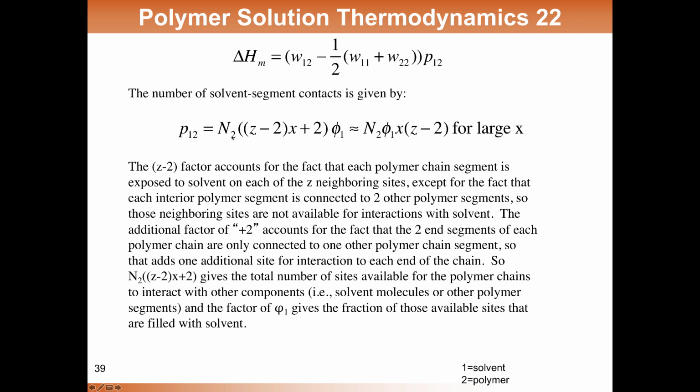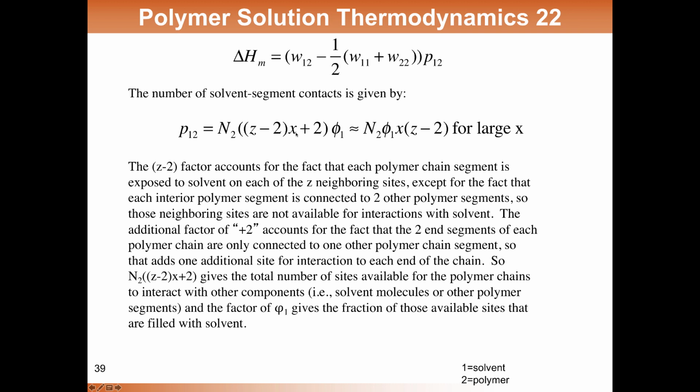And the picture here is you have a polymer chain now surrounded with all of the lattice positions around it now filled with solvent. And so how many contacts are there between polymer and solvent? Well, for each of the